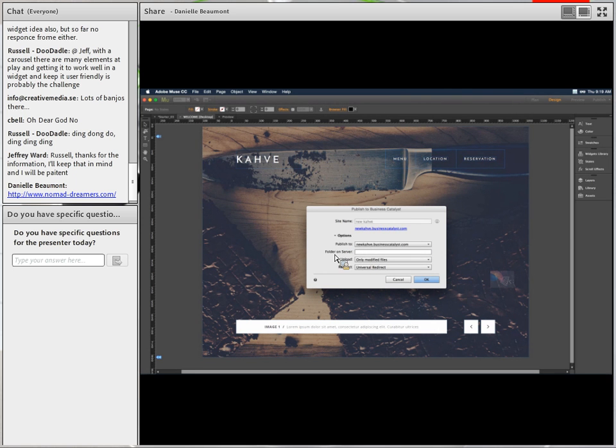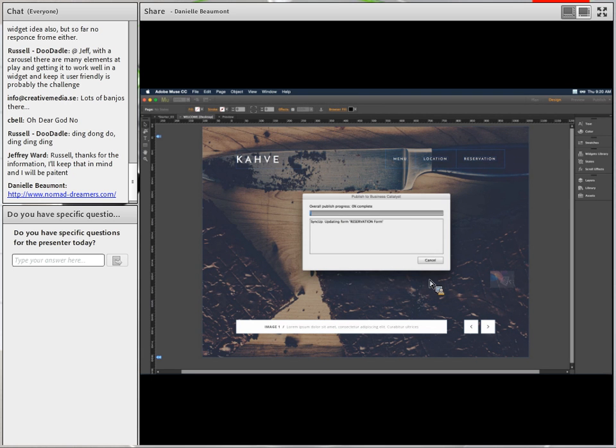So notice how it says folder on server. I could come in and just call this stage. By hitting /stage, it's going to republish the entire site in that subfolder directory. Let's go ahead and do that just for the heck of it. So we've got stage and then the New Cave. In fact, I probably need to give this, nope, let's try that. I'm going to click OK. So stage will end up being a folder, and inside the folder we'll have the index.html, which is the first